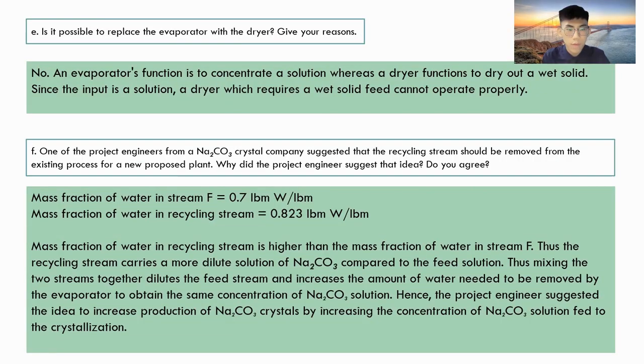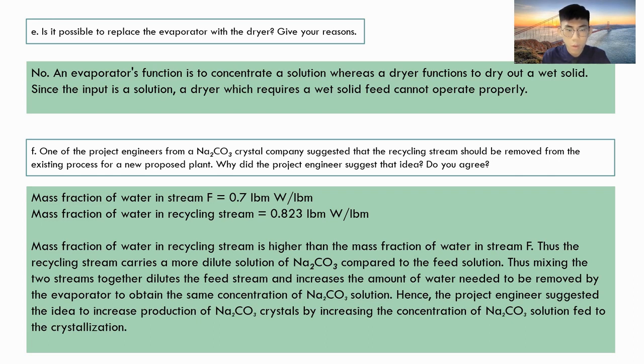For question F, it gives us a scenario where one of the project engineers from a sodium carbonate crystal company suggested that the recycling stream should be removed from the existing process for a new proposed plant. Why did the project engineer suggest that idea? Do you agree? We agree with his idea because the mass fraction of water in the recycling stream is 0.823 pounds of water per pound,